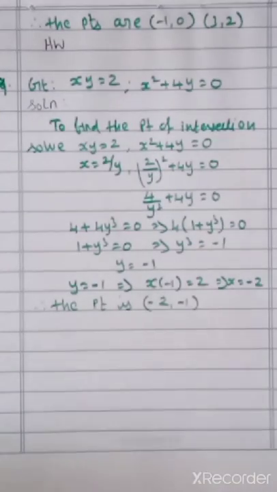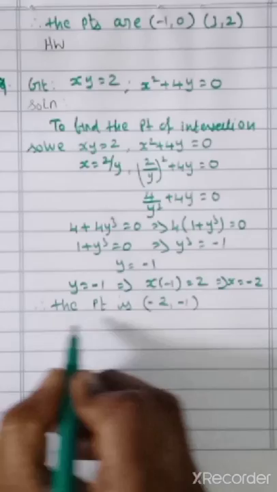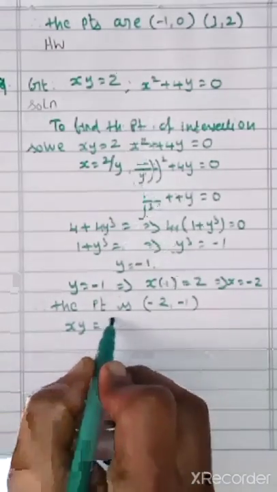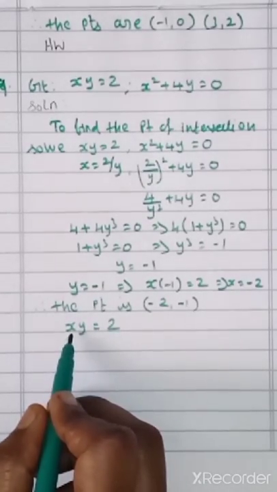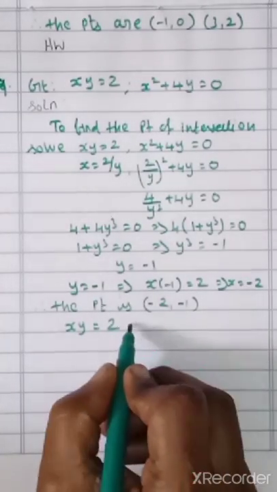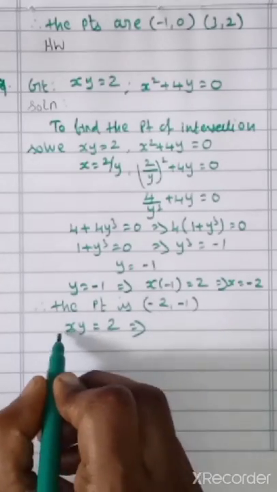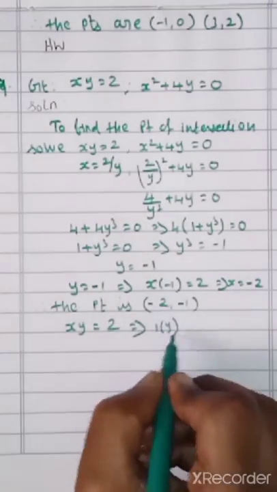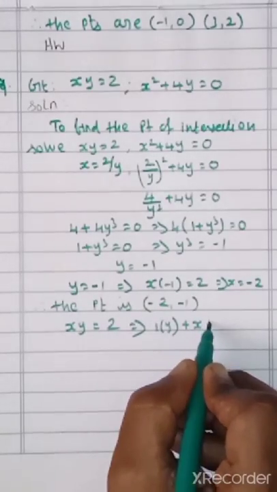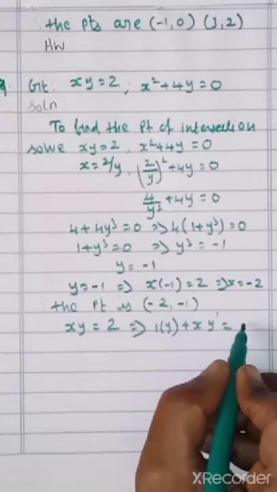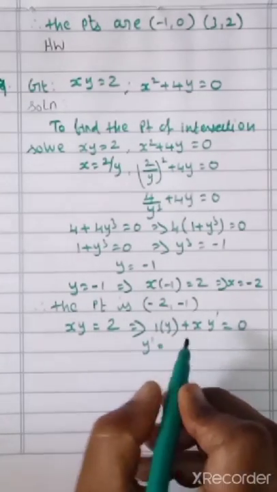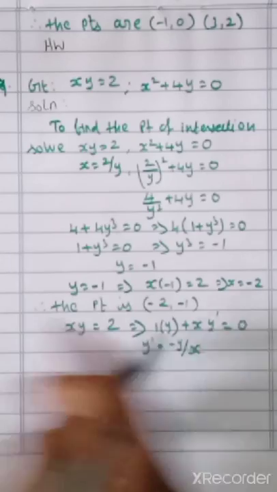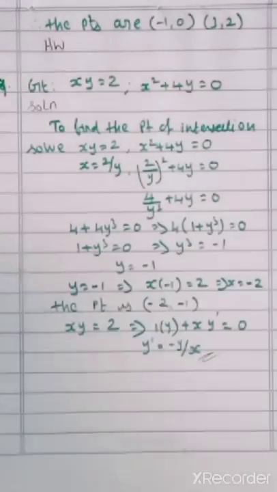Next we have to find out m1 and m2. For that, first we take the first equation, xy equal to 2. We have to differentiate this with respect to x and y. Now the UV method we are using here. Differentiation of x is 1 into y as it is. Then x as it is, and differentiating y gives y dash. Differentiating a constant gives 0. So what you will get? y dash is equal to minus y by x.